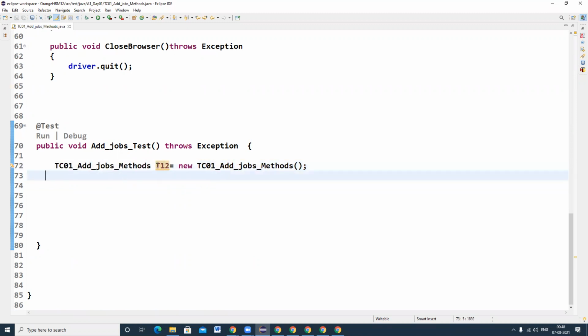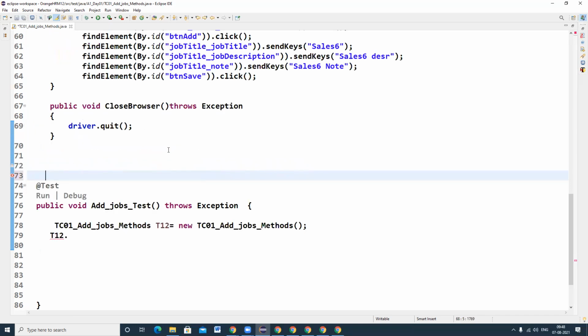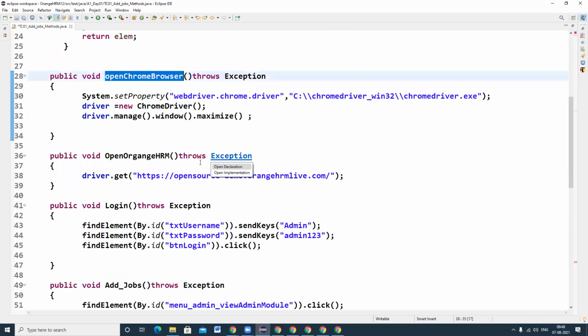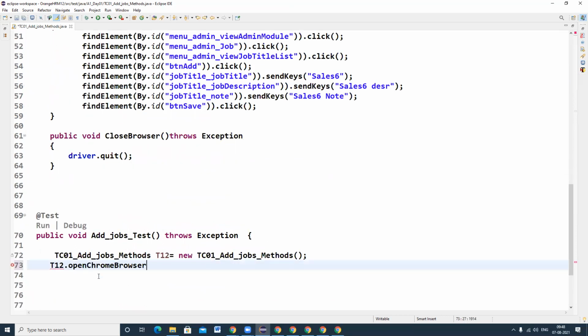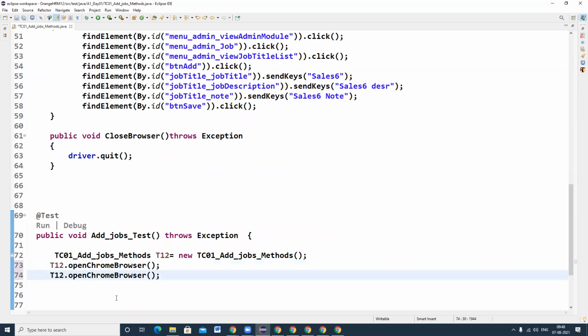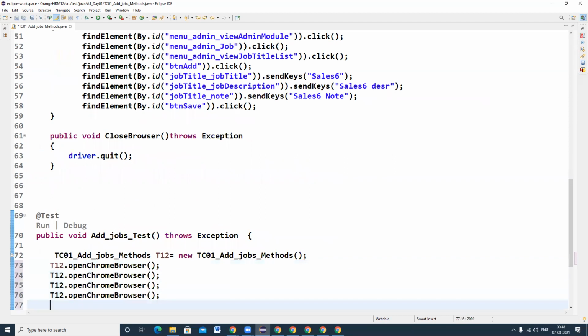Okay, after that I'm going to call my methods, T12 dot. So what is my first method I want to call? Open Chrome browser method. After that, what is the next method I want to call? One second.